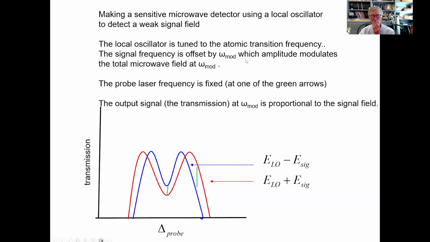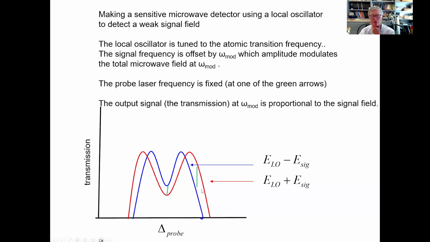Okay, so in fact, I can imagine seeing the presence of the signal field at this modulation frequency. So if I fix the probe laser frequency, say here or here, someplace where the red and green traces are, at the phase when the signal field is subtracting amplitude from the local oscillator field, my EIT signal looks like this. And when it's adding, it basically increases the Rabi frequency, and so it will look like the red trace.